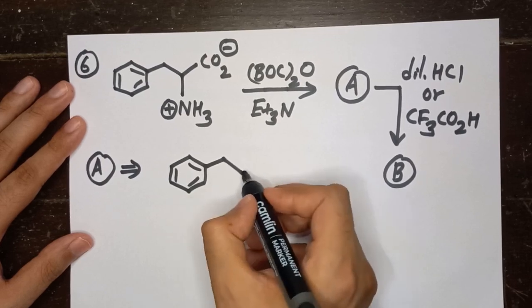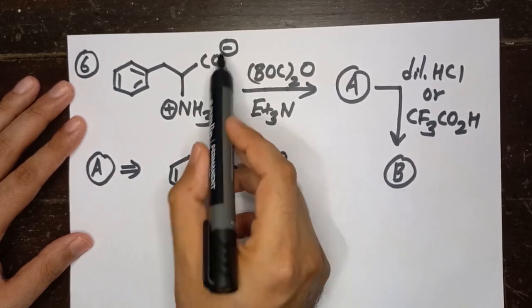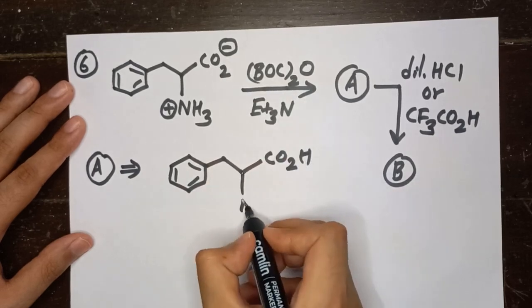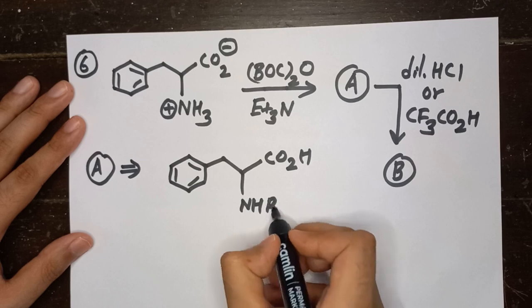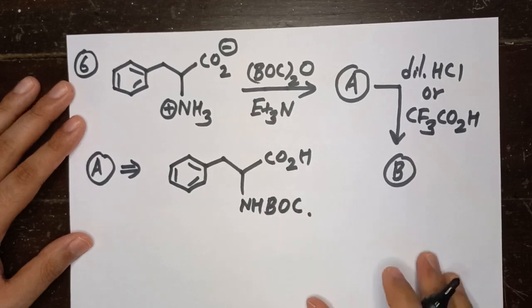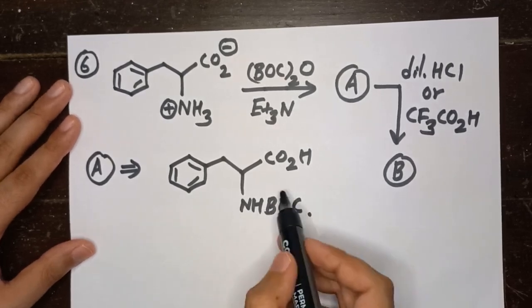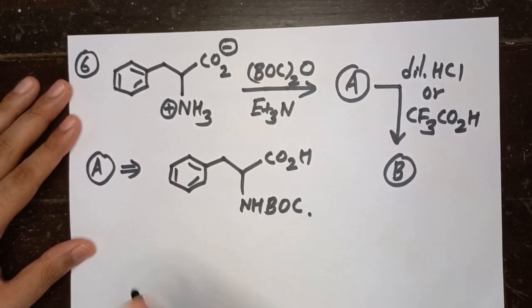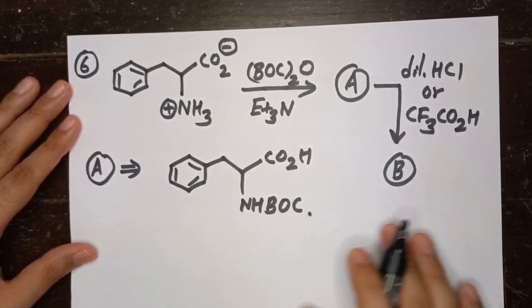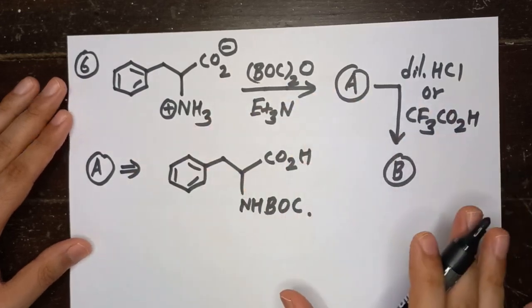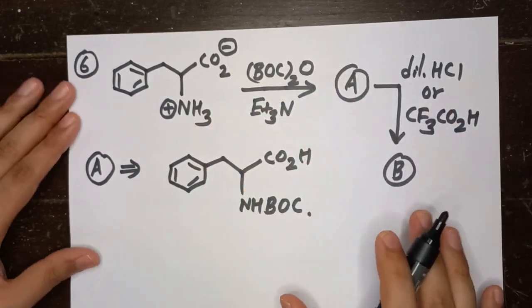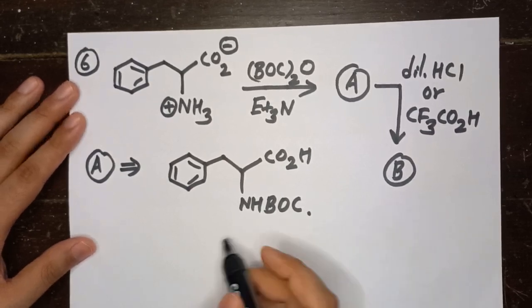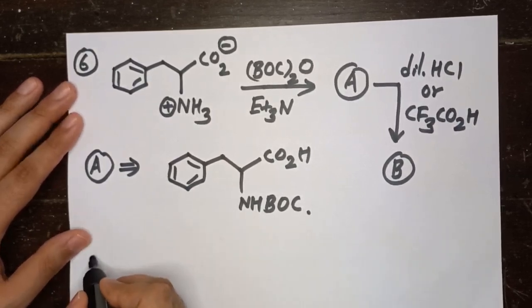Okay, this will be protonated to CO2H and this will become NH Boc. Okay. In my previous video, I have discussed everything, what is Boc, how to protect, how to deprotect, what is the exact mechanism. So to understand all this mechanistically, you need to watch the previous video where I have discussed everything in detail. Okay, so this is the structure of A,